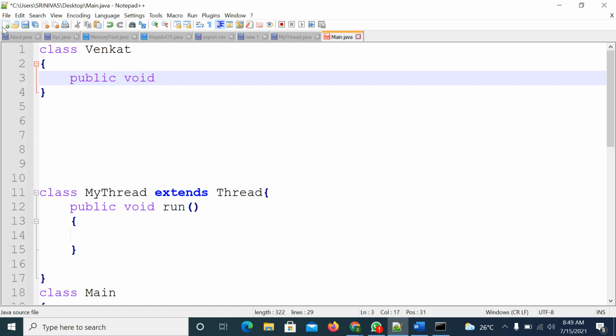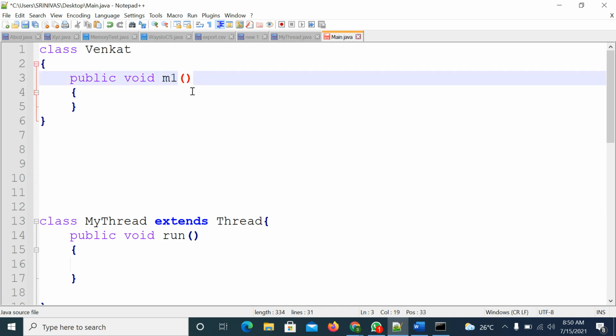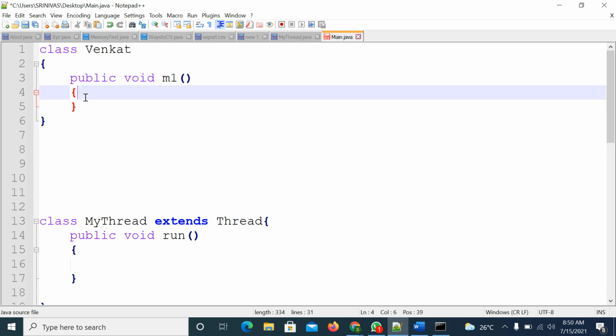You can take any method, and make this method synchronized and non-synchronized. We will try to understand what will happen.